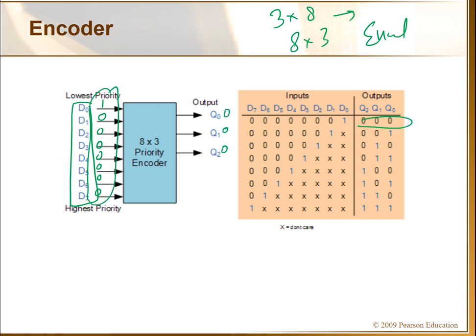If I have, for example, D1 as 1 and all others zeros, then the output should be 0, 0, 1. So we are encoding the 8 inputs to a 3 bit code.